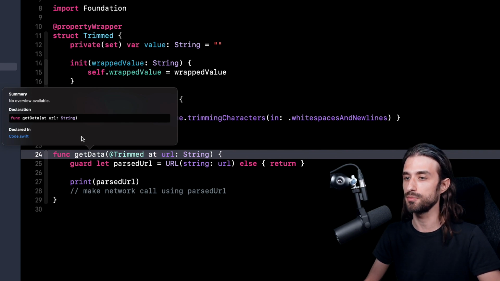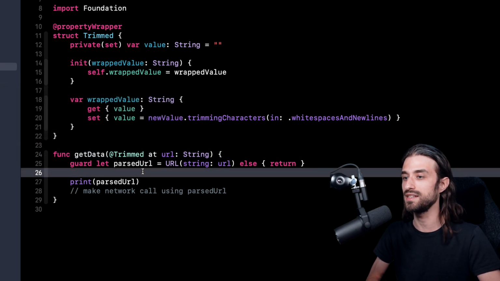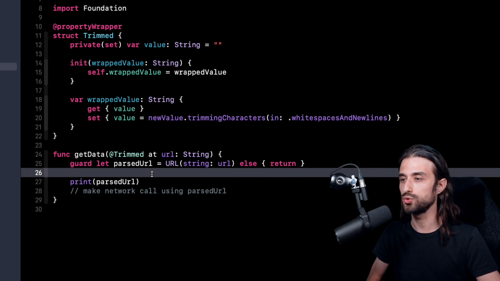Now, there are actually some cases in which the property wrapper will be part of the signature of the function. I'm not going to explain them in this video because they are rather advanced use cases, but I've put a link in the description. It's a link to the Swift evolution proposal that pitched this idea of being able to use property wrappers on arguments. And in the proposal, the cases where the property wrapper will be part of the signature of the function are explained in detail, and I can only encourage you to go check them out.